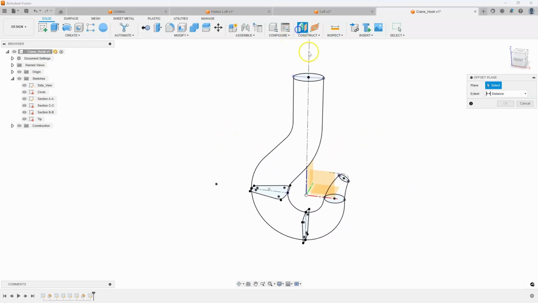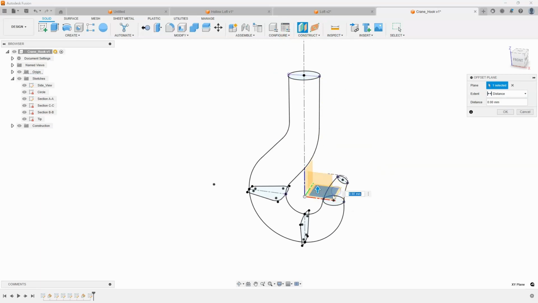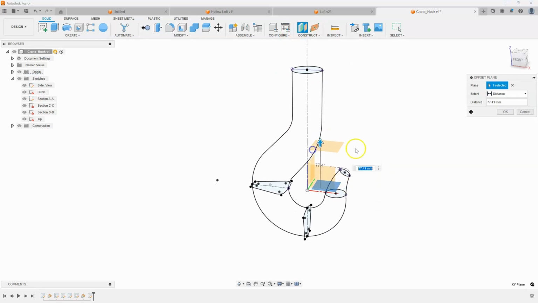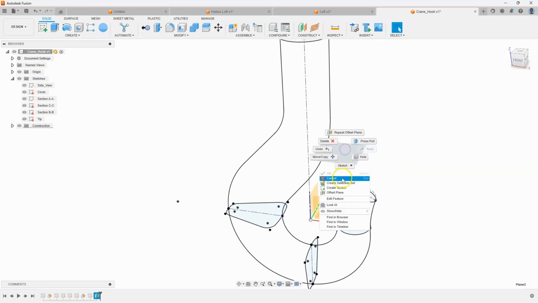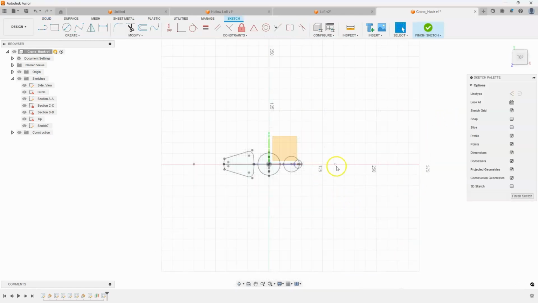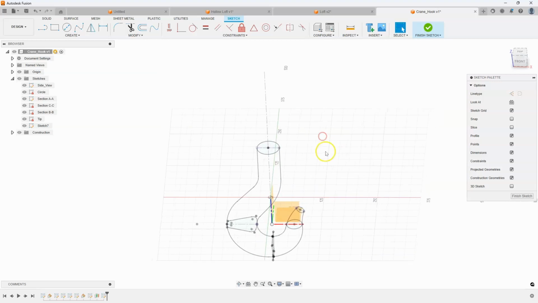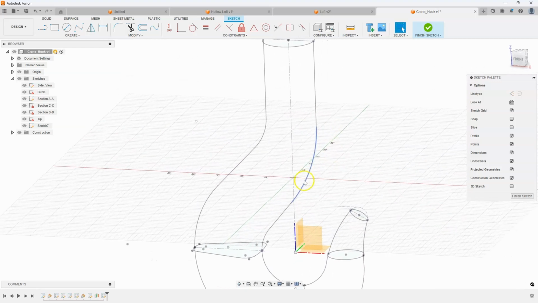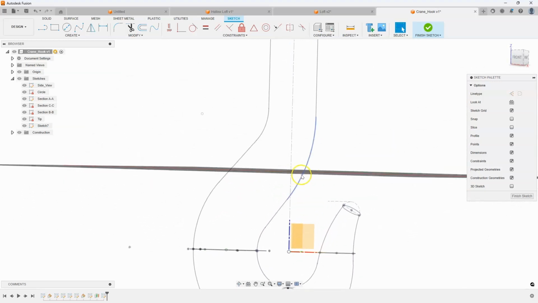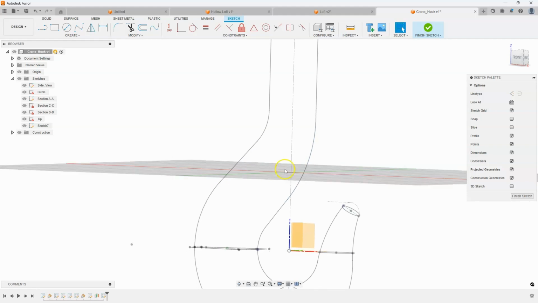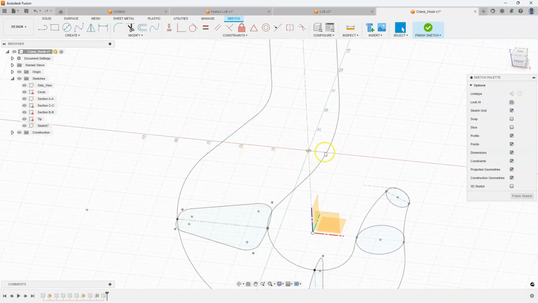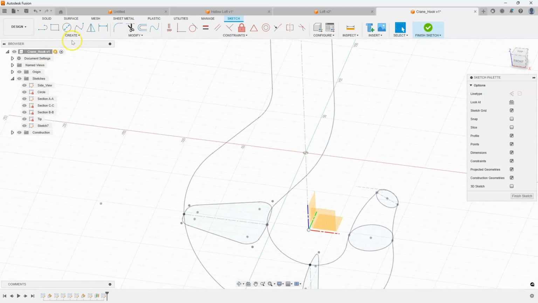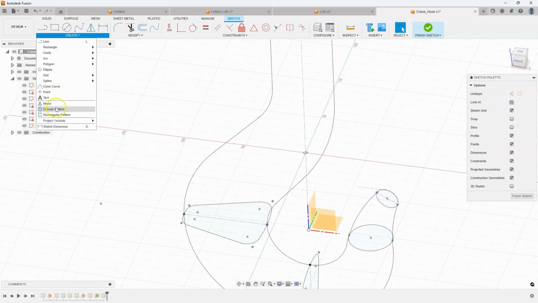I'm going to create an offset plane just somewhere, let's just say along this curve like so. And then I'm going to create a sketch. Okay? And I'm going to rotate it isometrically so you can see what's going on here. So my sketch is basically cutting right through these two edges. And I want to create a particular shape that absolutely touches those edges. So I'm going to use the create project